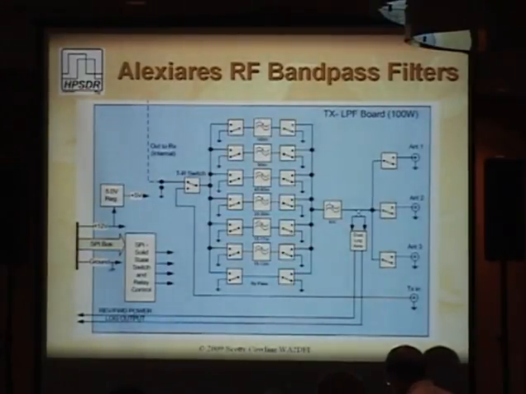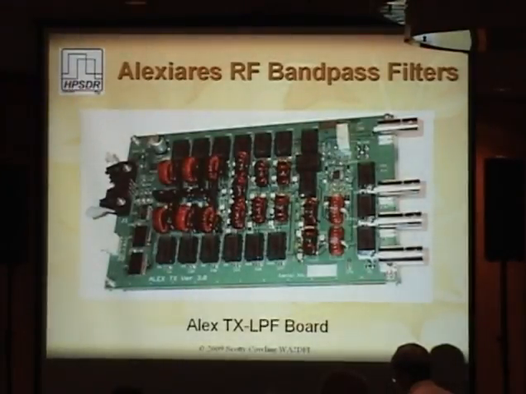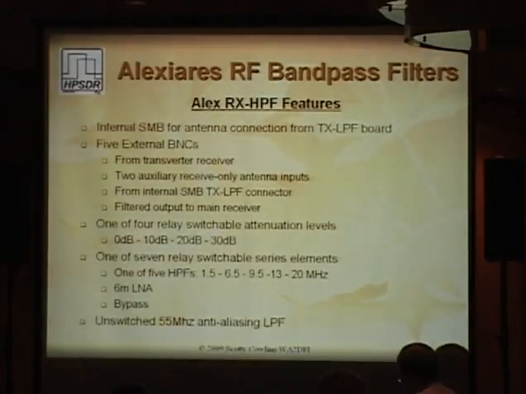And if you can read this, you're doing pretty well. This is the block diagram of the transmit board. And there is the transmit board. This back here is the connection back to Penelope, or to Mercury, rather. It's a ribbon cable, so it's a real easy interface. And the receiver board,